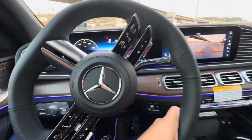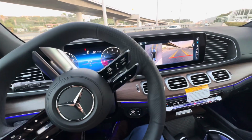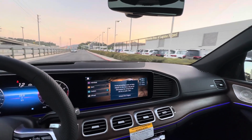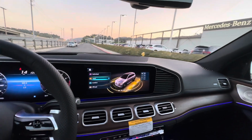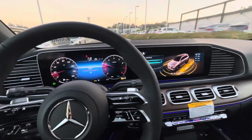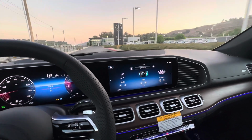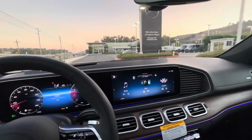It's just so nice. I don't know why the parking sensors went crazy on me, but it has all the power. It's 510 horsepower. And I told you I'm going to talk about the difference between the 63 and 580. The 63 also has a V8 bi-turbo, but the suspension it has